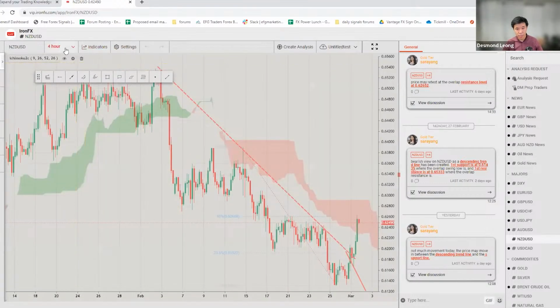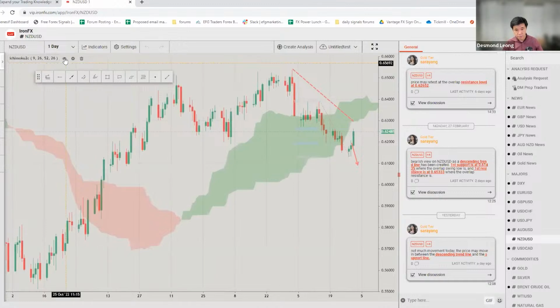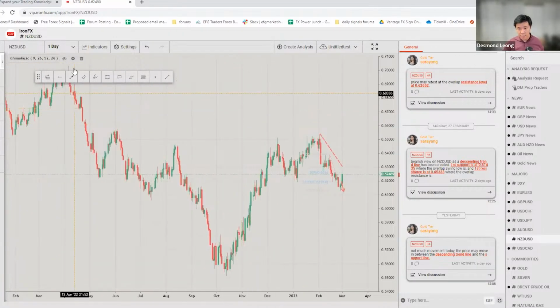All right, so we are here on Kiwi dollar. I'm looking at the 1-day chart, right? And you might be thinking, hey, Desmond, is this a double top? I'm going to delete this. You might come here, draw this, and say,